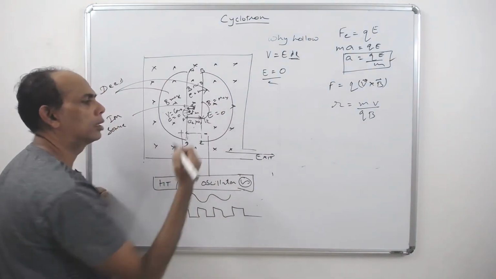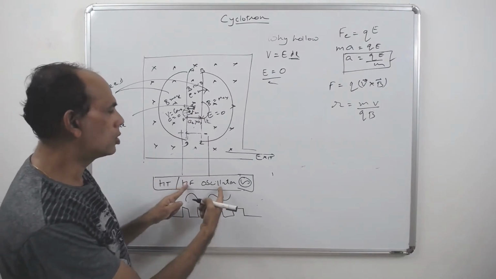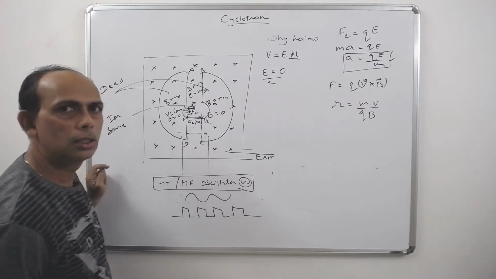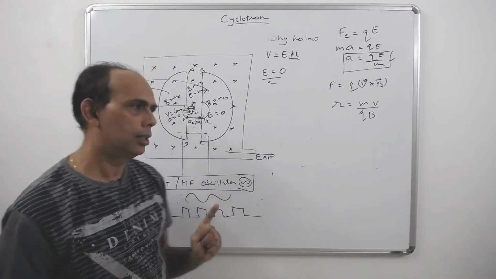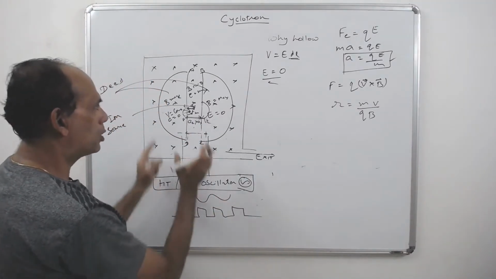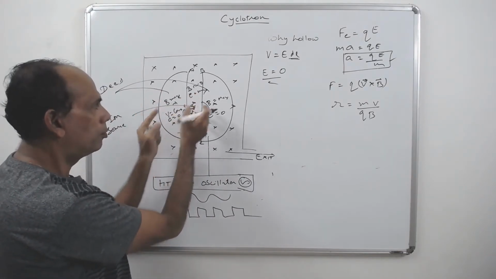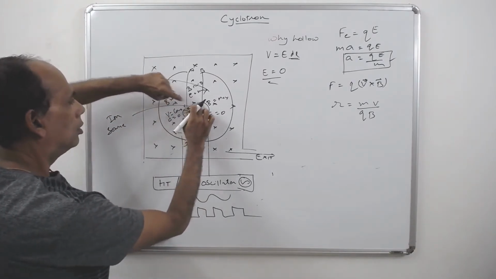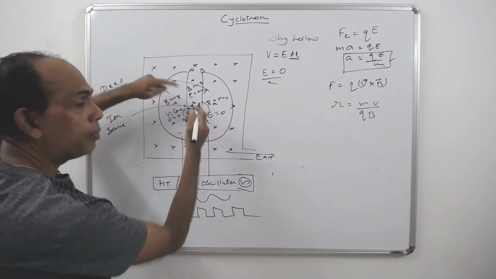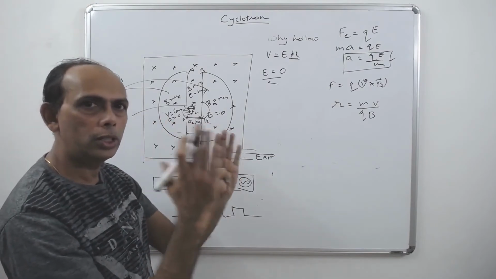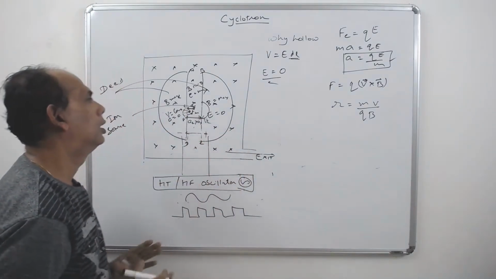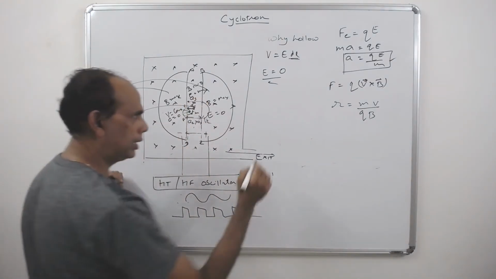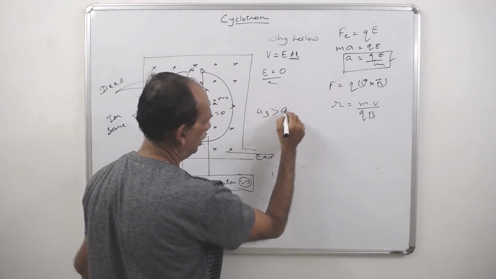Again it reaches over here. What does this oscillator do? It will again change back to this minus and this plus. Its timing must be set. The frequency of this must be set to exactly match the frequency of motion of the particle within the D's. Here it comes out. When it becomes negative here, again because of the high difference in potential, this comes running with higher acceleration. Now it's a3. Now a3 is bigger than a2, which is bigger than a1.